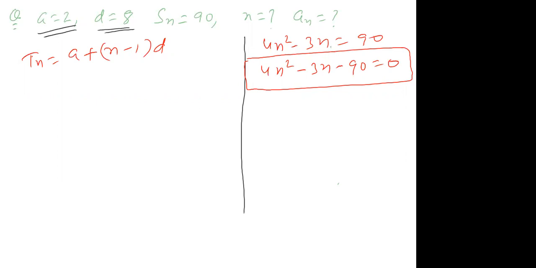See, there is a difference between these two things. See Tn here is x. Take 1, 3, 5, 7, 9. In this question, if I ask you what is the fifth term, T5 is 9. But S5 is the sum of these 5 terms: 1 plus 3 plus 5 plus 7 plus 9. This Tn will be x, S5 is 25.